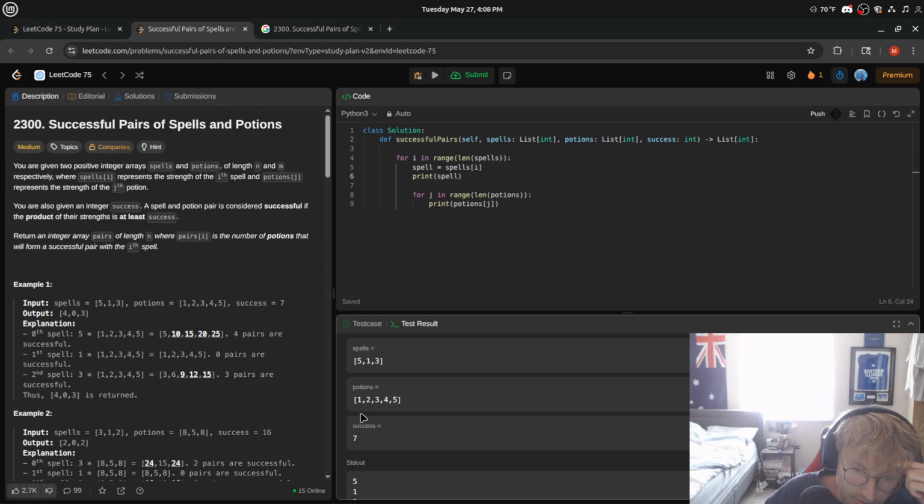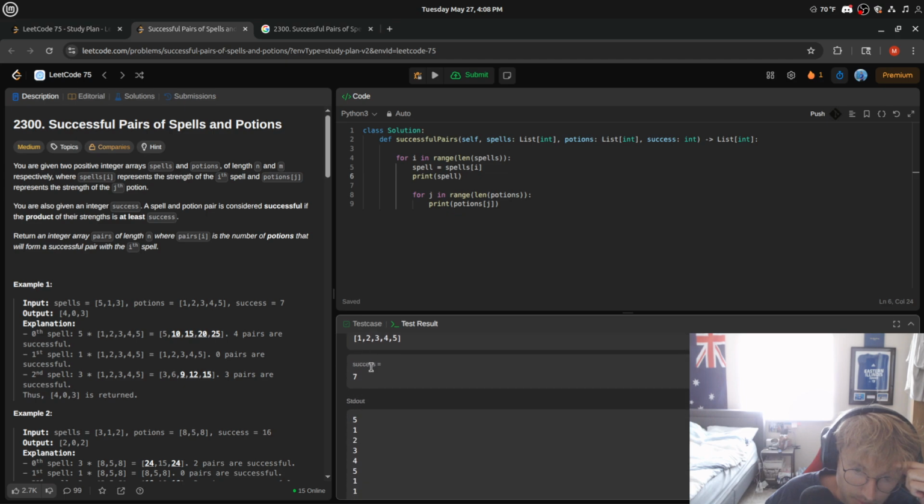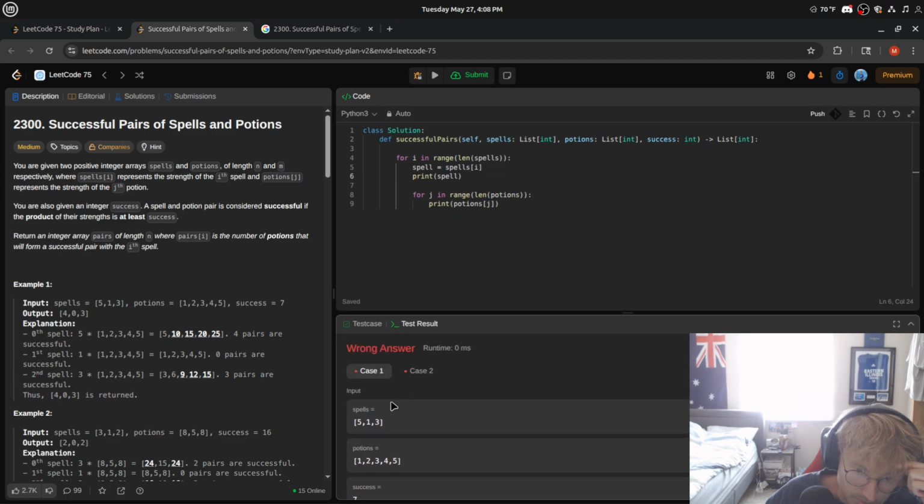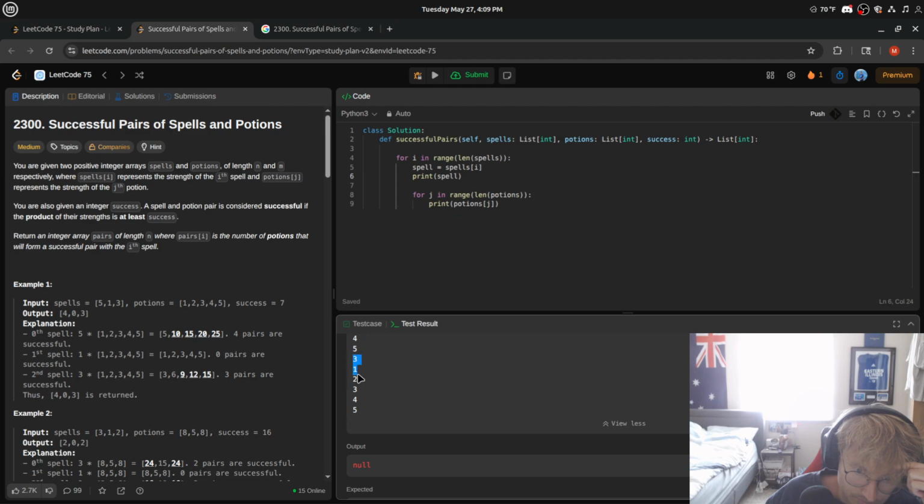So we would print 5, right? So that's spell, then we go 1, 2, 3, 4, 5. And we would go 1, right? Because 1's the next one, yeah. And then we have 3, yeah. Okay, right? So we would do